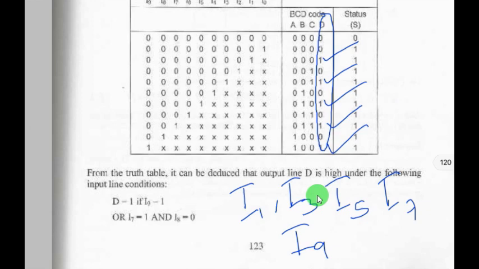But we need to differentiate between when we have some don't cares and when we don't. So you are saying that D is 1 if I9